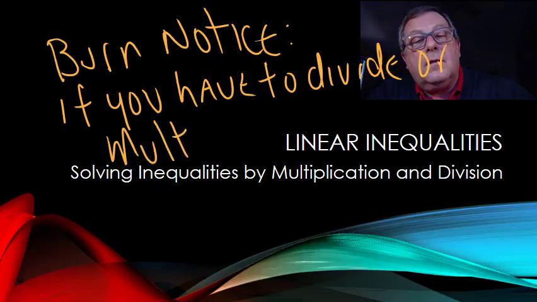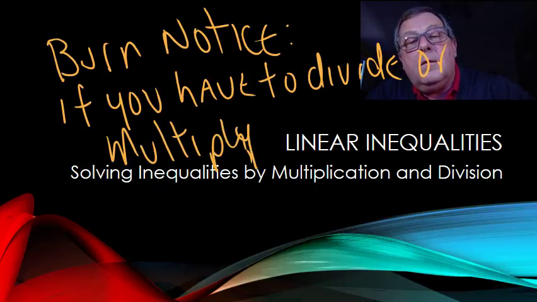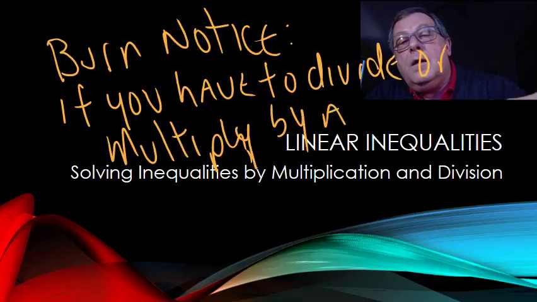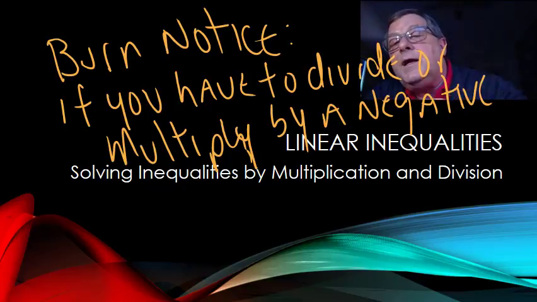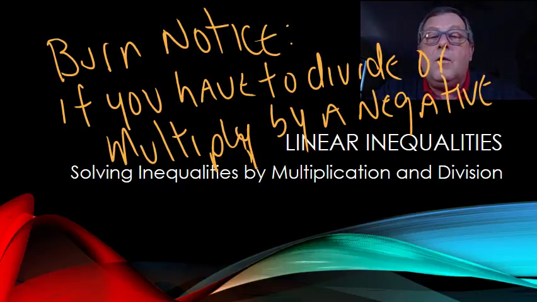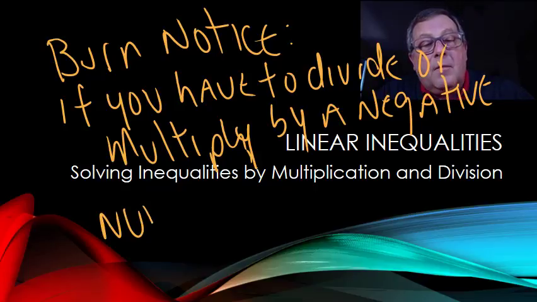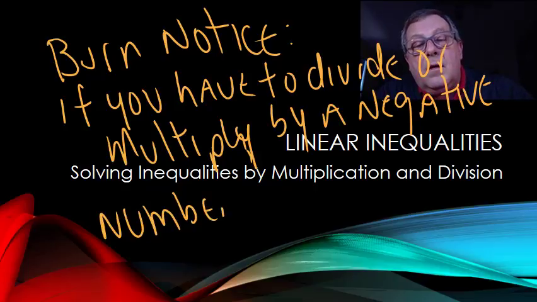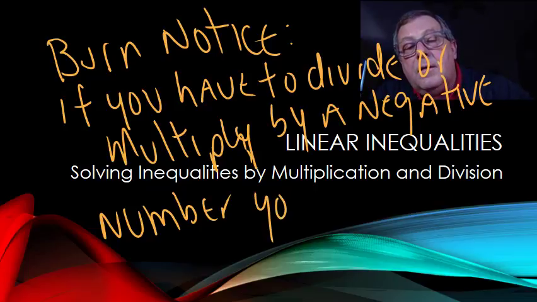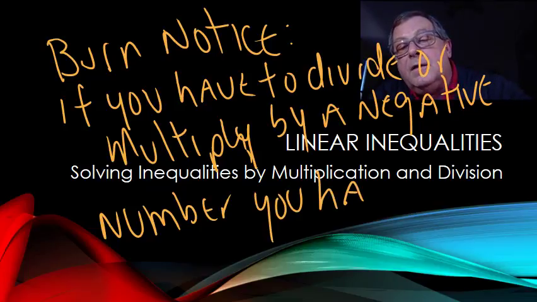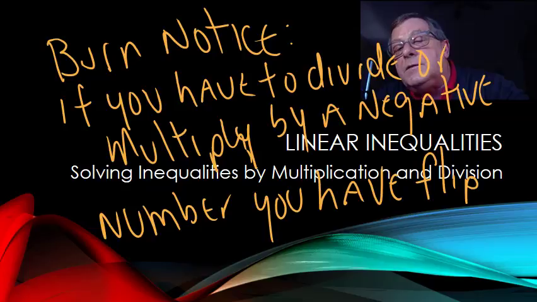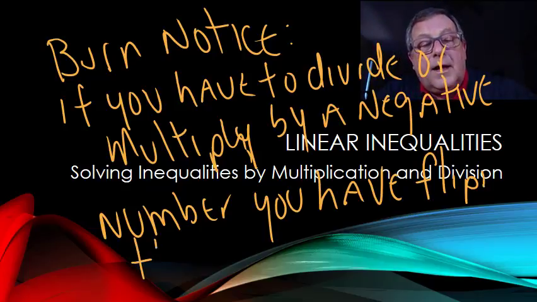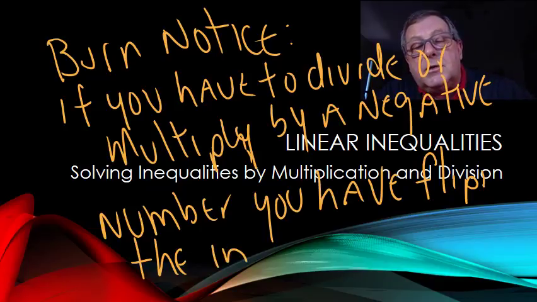So let's see. And this is a big one. So if I've got to solve the inequality by dividing or multiplying by a negative number, I have to change the sign, or I'm going to say that you got to flip the inequality. Now, that means if it was a less than, you got to change it to a greater than. If it was a greater than or equal to, you got to change it to a less than or equal